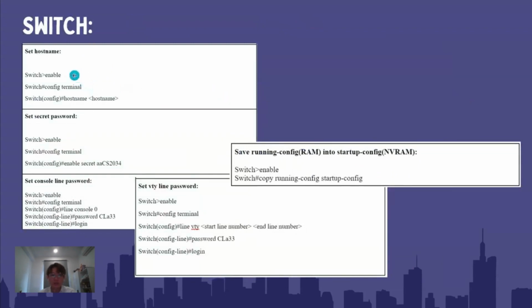This is the enable keyword in order for us to enter the privileged access mode. Then this config terminal is used for us to access the configuration menu. When we enter the menu, we need to have this command, hostname, then following with our hostname. Then we are going to set the secret password, and these two are the same as previous. We need to pass in this enable secret, then following with our password, secret password AACS